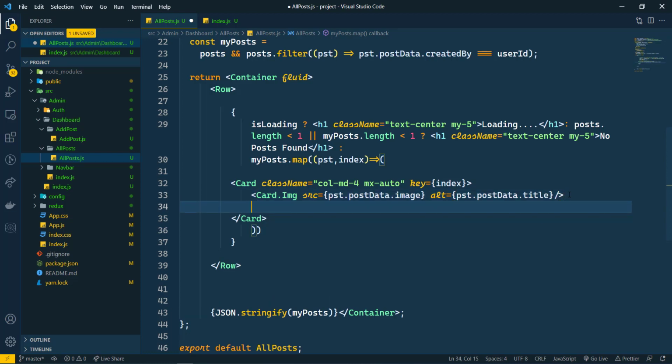Then we need Card.Body, so let's add Card.Body here.